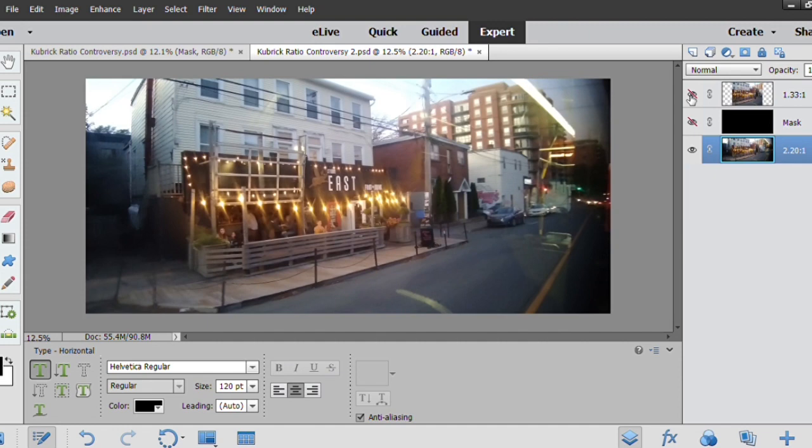So what I'm going to do is first I'll discuss the reasons why this controversy exists, and then I'll go over each aspect ratio that people seem to believe is the correct one, and why people believe it's the correct one, and whether I agree or disagree. So without further ado, let's get into it.